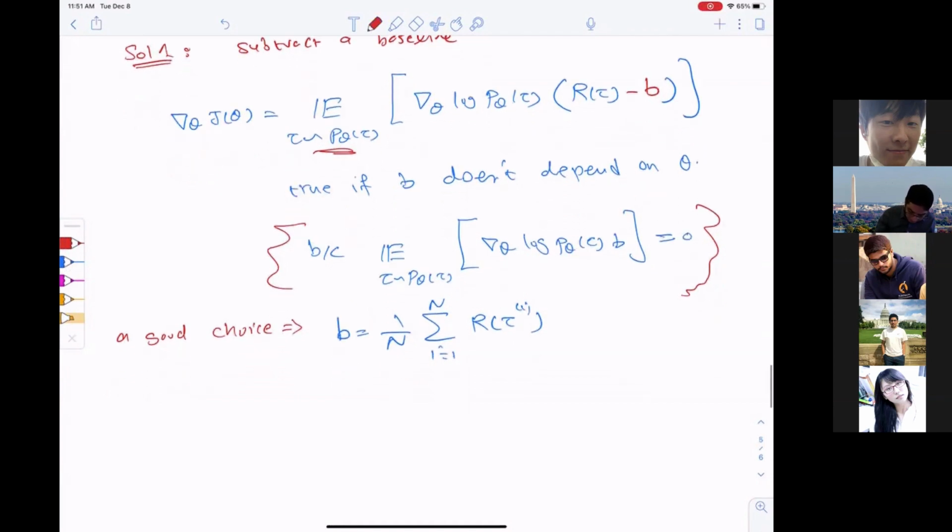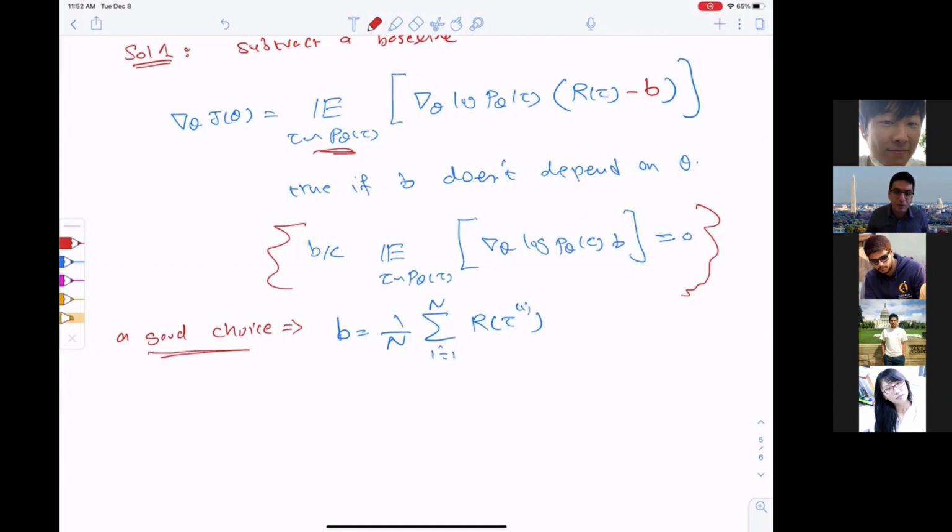So people have also looked into non-constant baselines. If the baseline is a function of theta, then you need to add some additional terms to make sure that it doesn't influence your expectation, because at the end of the day, we want to have an unbiased expectation. People have looked into that, but this choice that I mentioned here is very simple and it helps in practice. Okay, so let me pause here and see if there is a question.